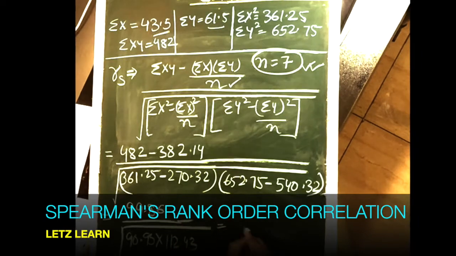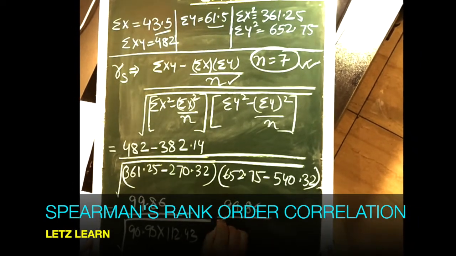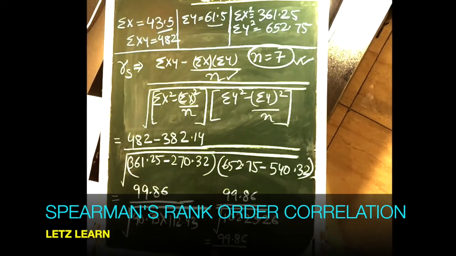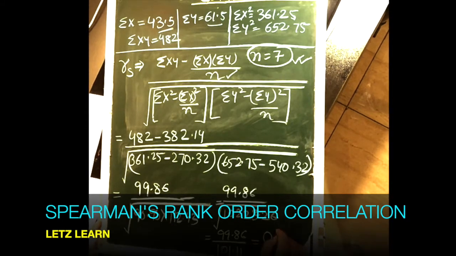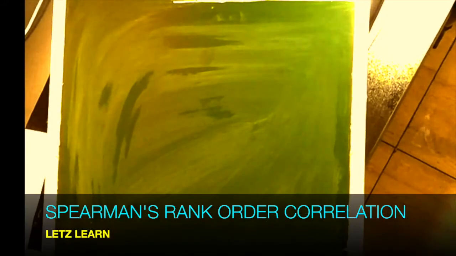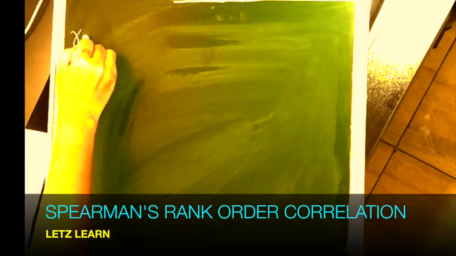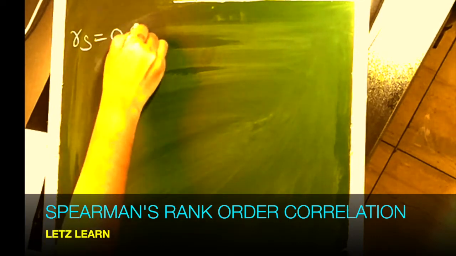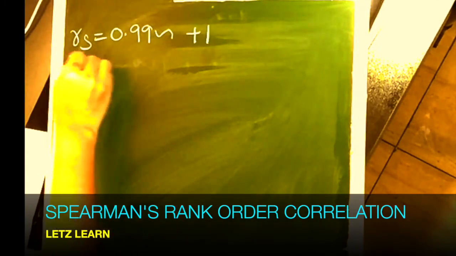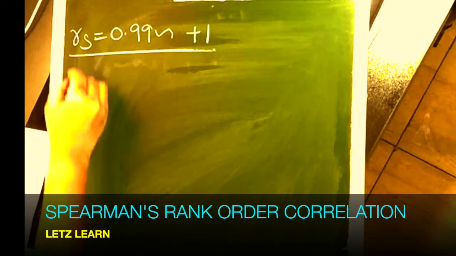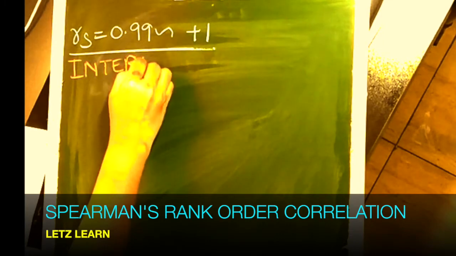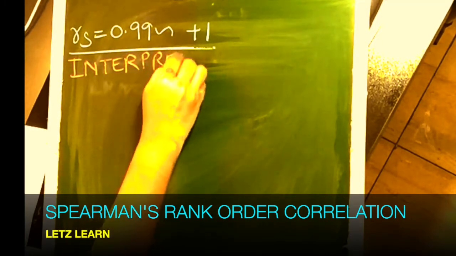You can match the calculation from here, and then let's move on to the interpretation of the value we get of Rs. We found that the value is 0.99, that is almost equal to a positive value of 1. That shows that if Rs is 0.99, our interpretation here is that it's approximately equal to positive 1. So that shows that there is a very strong positive correlation between these two variables.